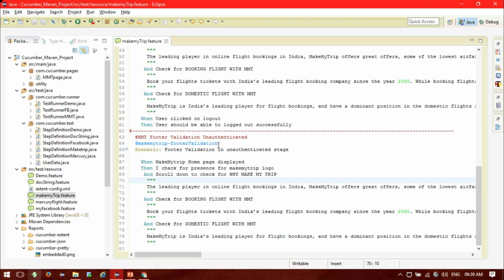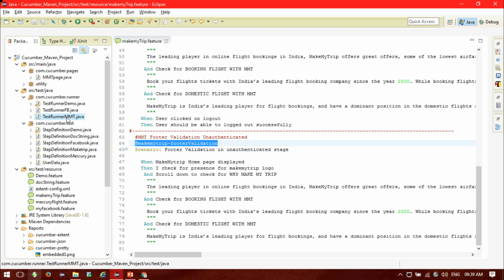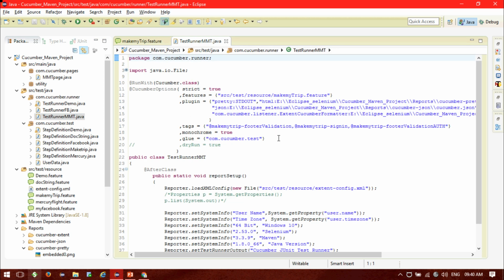Okay, so let me run it first. MakeMyTrip footer validations. Hold on. For that I already created a test runner class. Let me delete that process as of now.